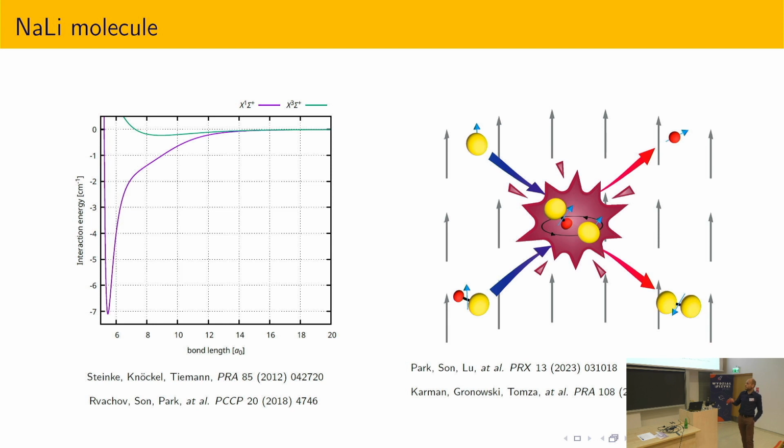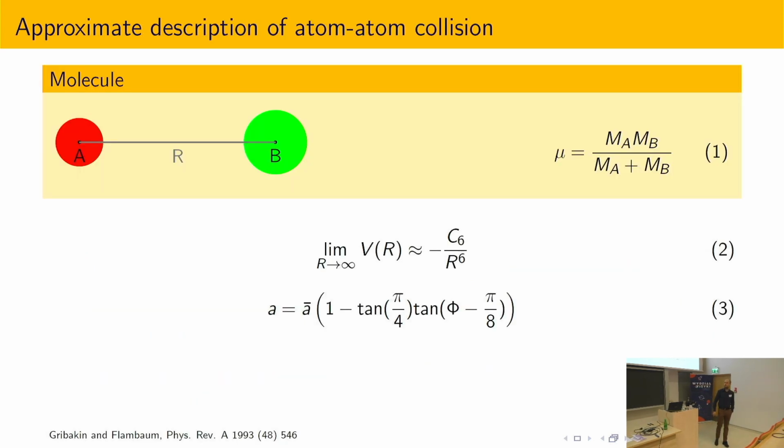More recently, this molecule in the triplet state was used in an experiment in collision with another sodium atom, and nice Feshbach resonances have been observed. The measurement was done in the Ketterle group, and for this work we have provided a potential energy surface to explain at least part of the resonances. Anyway, in this talk I would like to focus only on the diatomic molecules, and the crucial parameter here